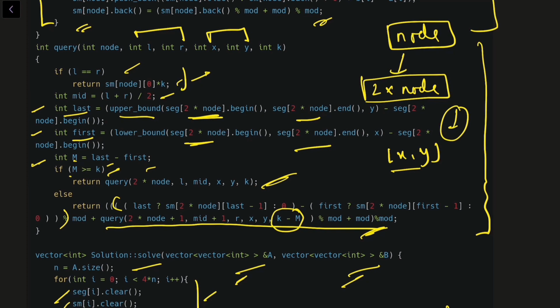Okay, so that is the superficial idea behind merge sort trees. I cannot completely explain it to you right here. You need to first read the theory behind this. There are some really good blogs regarding merge sort trees. You can Google them up. So that is pretty much it for this problem.